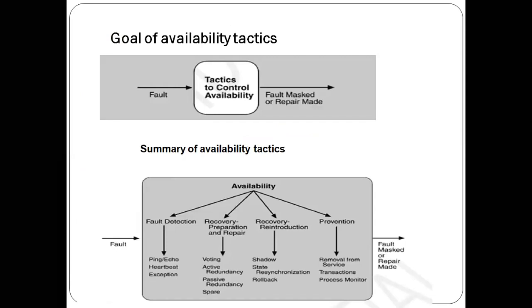If you see the diagram in this availability tactics, this is the basic design for tactics. We have already seen it in the first slide of this topic. What is that? Fault. Availability, in the sense, is a stimulus. It is an input for the availability design unit. If some fault has occurred, how does this design handle it, how will it rectify that particular fault, and give good results.